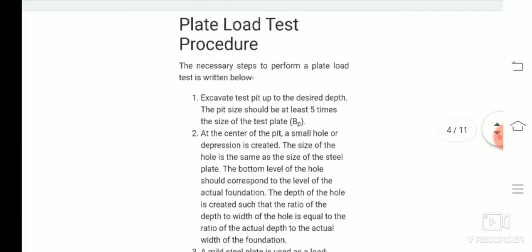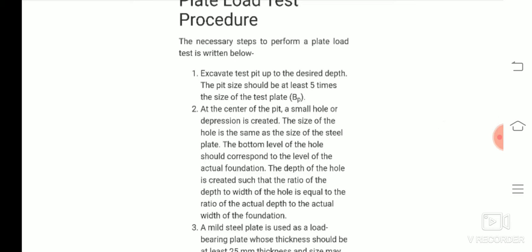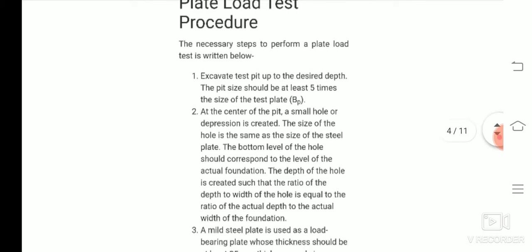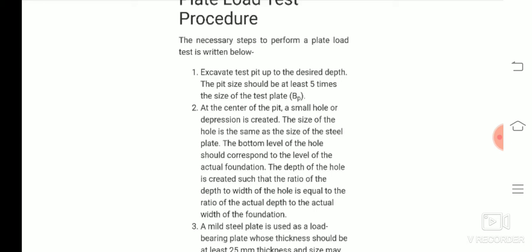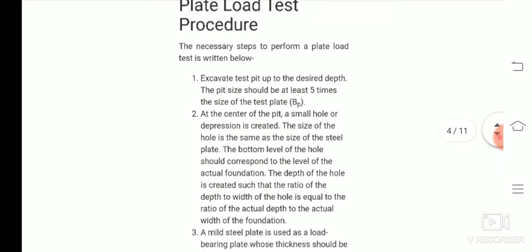So let us go through the plate load test procedure. What is the procedure for the plate load test? Let us first go through the equipment which is required. The bearing plate must be either circular or square, made of mild steel having not less than 25 mm in thickness and varying in size between 300 to 750 mm with grooved bottom. Normally, the plate is provided with a handle for convenient setting and center marked.